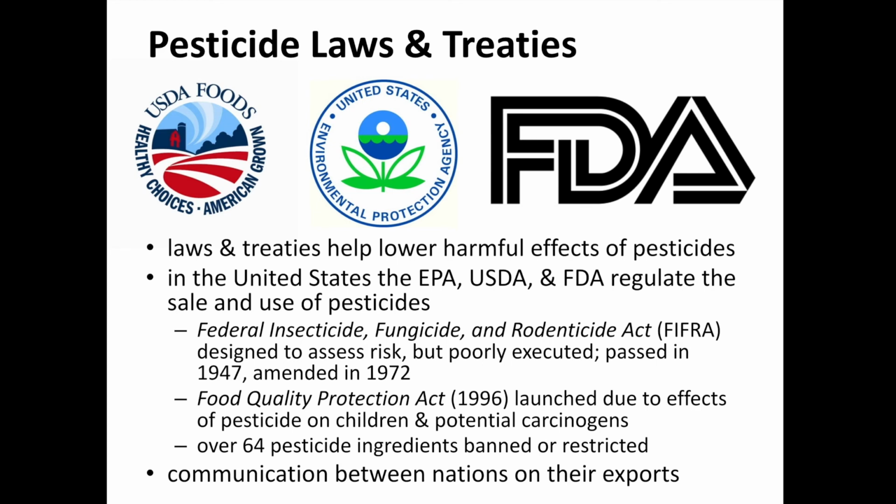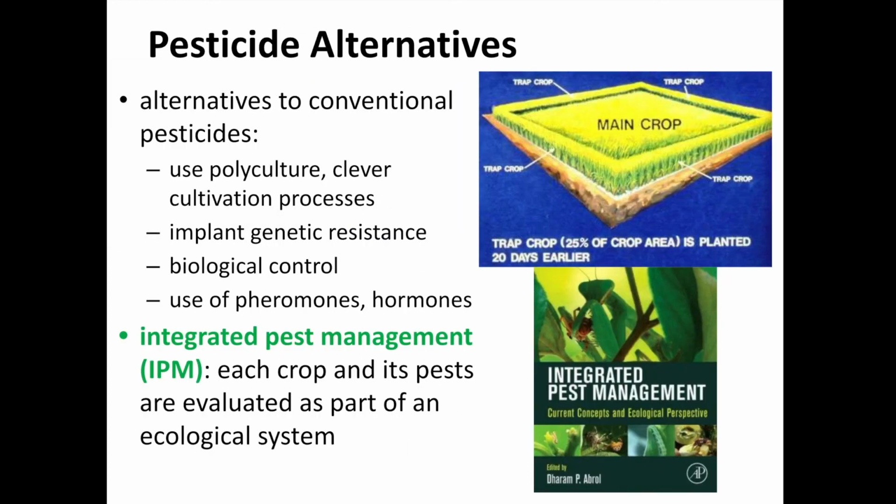So how can we protect our crops if we don't use pesticides? There are alternatives to pesticides. We could use a polyculture, where maybe that pest will not like a new plant that you grow and it will leave the location. We can use natural genetic resistances to pests to breed that into our crops and make them more resistant to